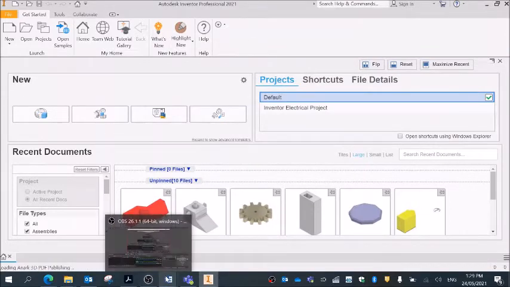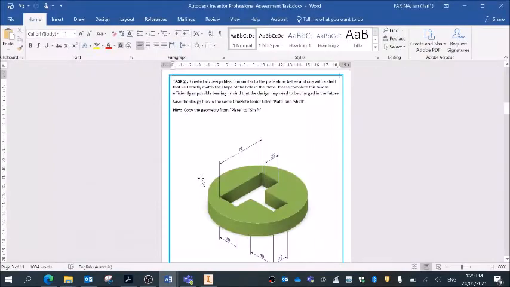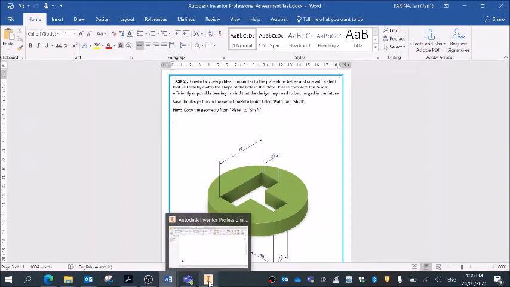Alright, so let's just have a look at what task 2 is asking you to do. Task 2, if we open up our assignment, is basically a circular plate with like a T-shape cut through it. You probably need to be mindful of the dimensions on here. So 25 millimeters at the bottom, up 40, it's across 25 either side, and then that thickness at the top is 30. So we need to pretty much draw that profile to scale and then pop the circle in around it. So if we go to our Inventor,